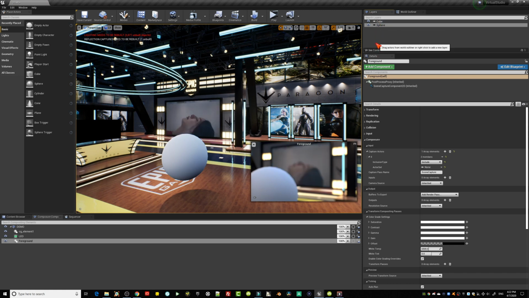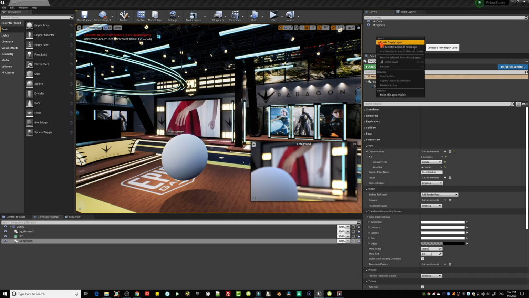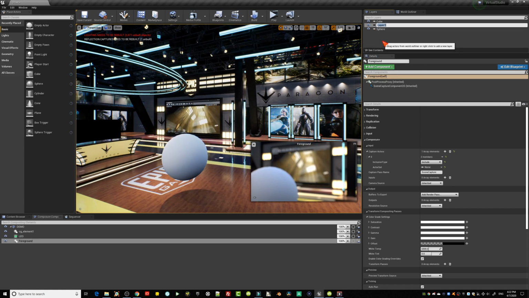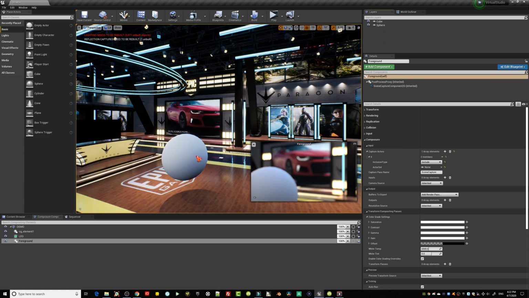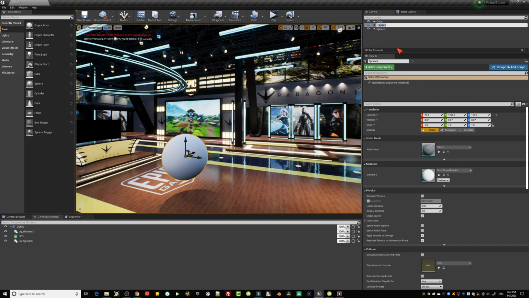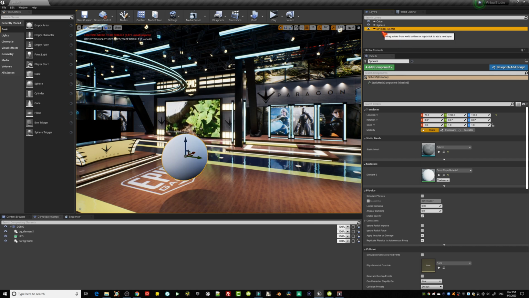Then you can create a new layer, and you can create as many layers as you want. And then you can specify what you want to add to that specific layer. In this particular case, I selected the sphere, and either way, you can create an empty layer or say add selected actors to new layer. If you do that, I can call this sphere underscore demo,